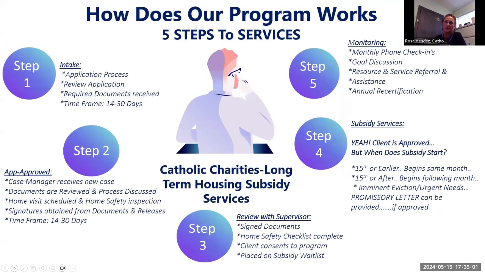So how does this program work? There are 5 steps to these services. The first step is through our intake, which is an application process. We review our application, and we review all the required documents that we request prior to moving forward with the application. This usually can take anywhere from 14 to 30 days. It normally doesn't take longer than that. Then once all that information is in, it does get reviewed between the staff and myself, and if that individual is eligible